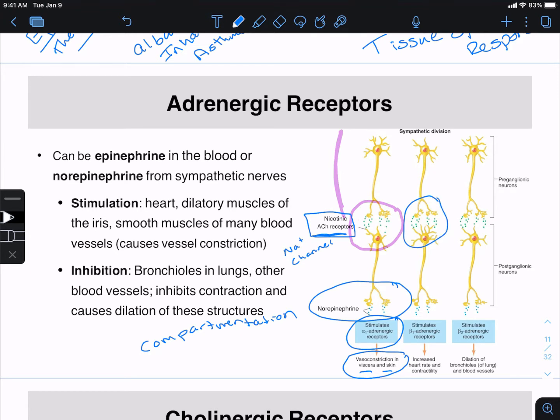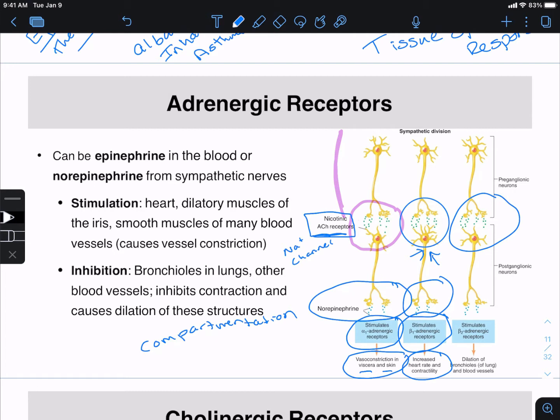Once again, we're going to have nicotinic receptors being activated in the ganglion, letting sodium in, creating a graded potential in this cell that's going to lead to an action potential at the axon hillock, which is going to lead to the release of neurotransmitter norepinephrine, and that neurotransmitter is going to activate the beta-1 receptor, and that's going to increase heart rate and something called contractility, which is the strength of contraction. Same deal,